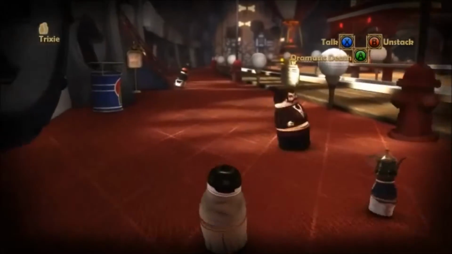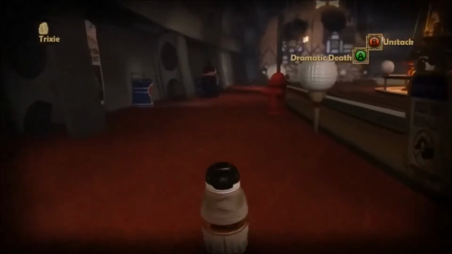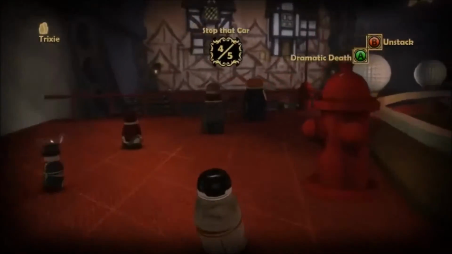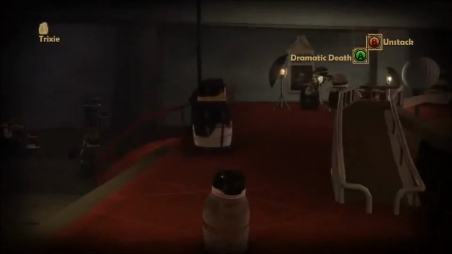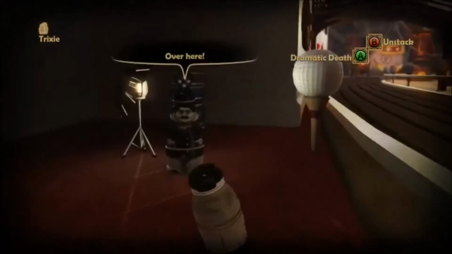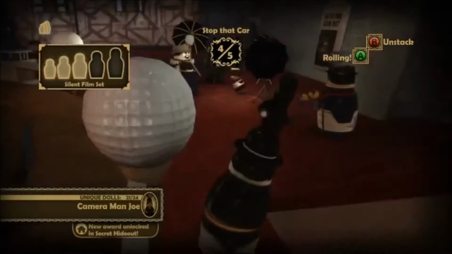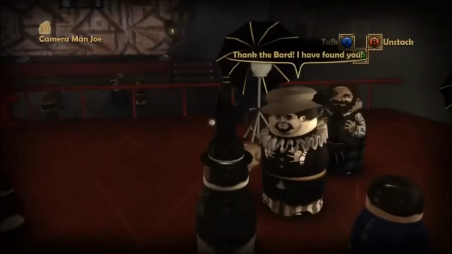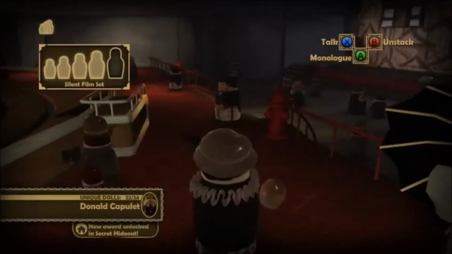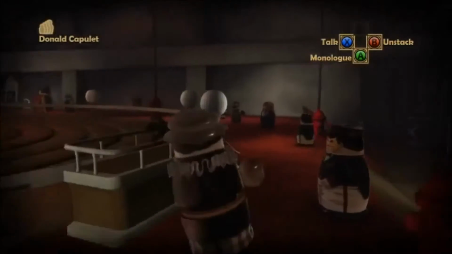Next one, you're going to head all the way to the far side of the track. You're actually going to pass by the size 4 guy before you get to the size 3. The size 3 is going to be underneath these stairs. Looks kind of like Charlie Chaplin. This is Cameraman Joe. And then come over here. Thank the Bard. Yep, this guy's parodying Shakespeare. Donald Capulet. And the last one is gonna be...